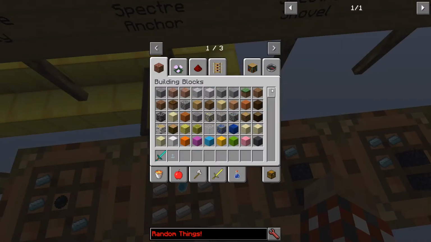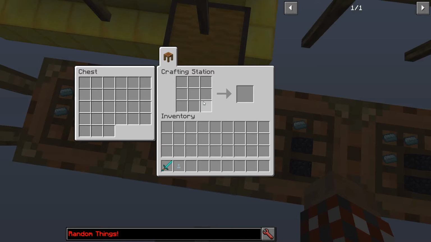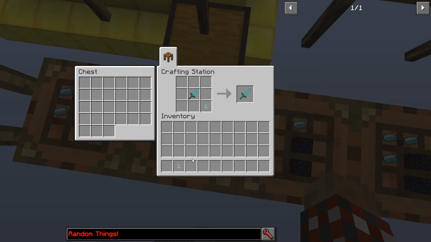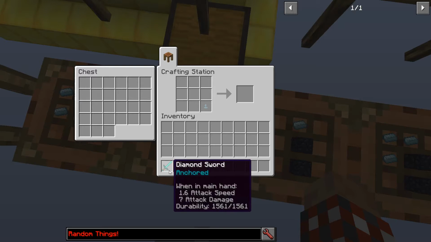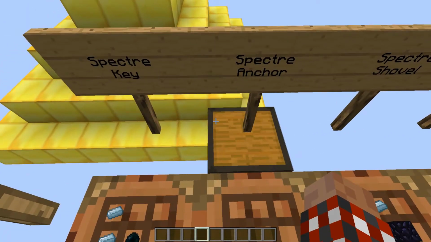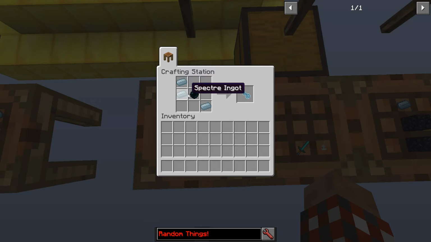I don't have a crafting grid here. Let's grab this out of here. You can combine that, and now this diamond sword says it is anchored, which means it has kind of a soul-bound effect. If you were to die, that sword or whatever you've got will remain with you, which is mighty, mighty nice. And another thing, you can make the stable ender pearl and these Spectre ingots, and that makes a